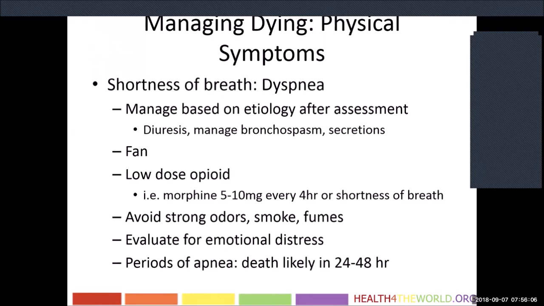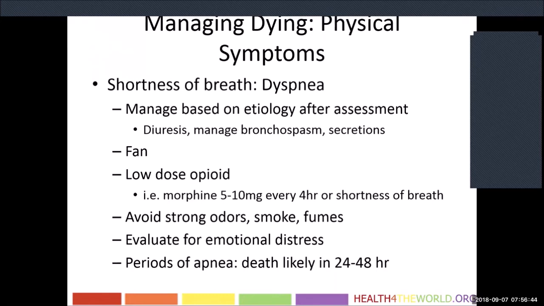The other things that you can do if you don't have medicines available right away, or even if you do, is use a fan, whether using a hand fan or electric fan, blowing across the face, stimulating the trigeminal nerve, decreases the feeling of being short of breath. And then, of course, the mainstay, low-dose opioid therapy. So I tell my patients who really struggle with shortness of breath that, look, a little dab will do you if you're really short of breath and I'm giving you morphine. I'm not giving you morphine to suppress your breath. I'm not giving you enough to cause you to feel odd. This is just a little bit to dilate your pulmonary vasculature and also to tell your brain that you're not as short of breath as you think you are.